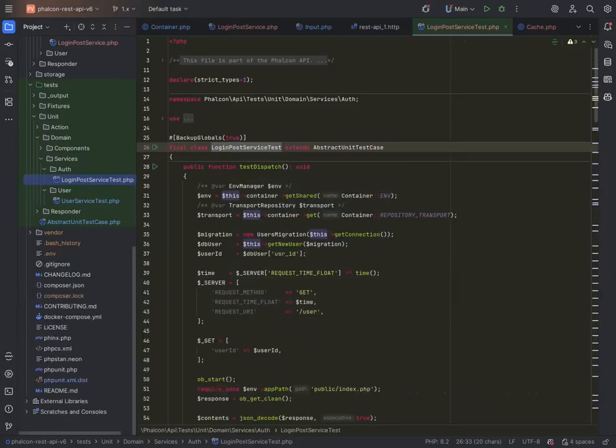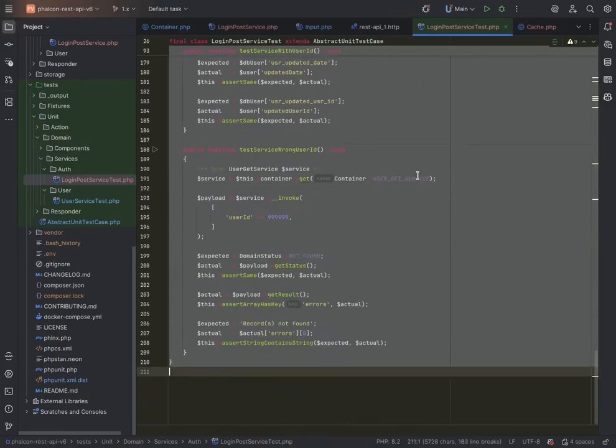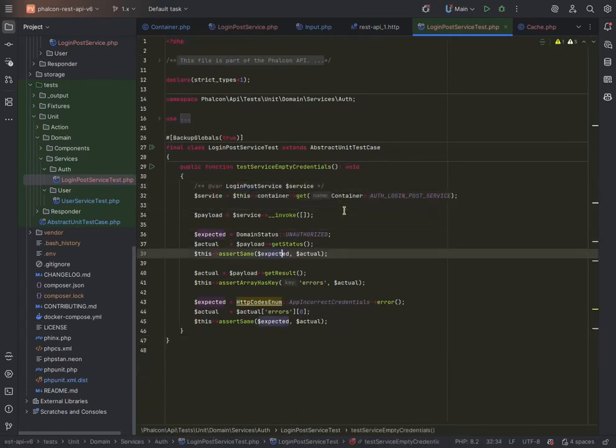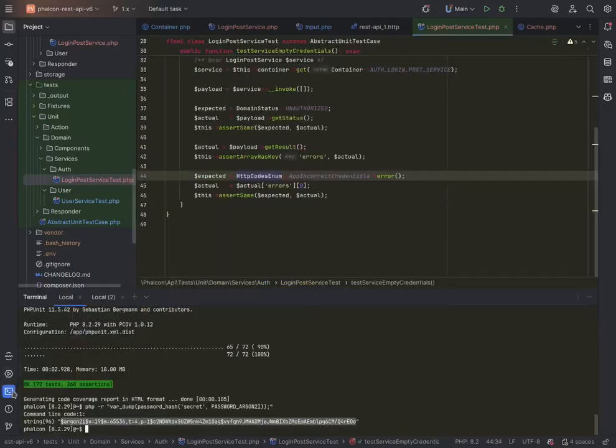Okay. So what I'm going to do is copy the tests as I have them, and I'm going to explain what is going on. One of the tests we need to do is to have empty credentials. This one is service enum. So if I run the test now,